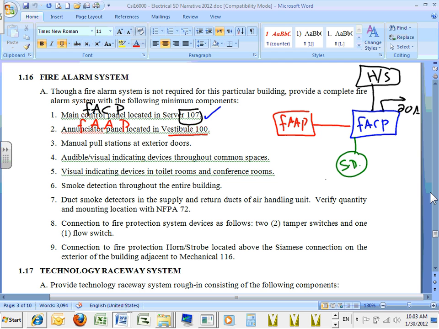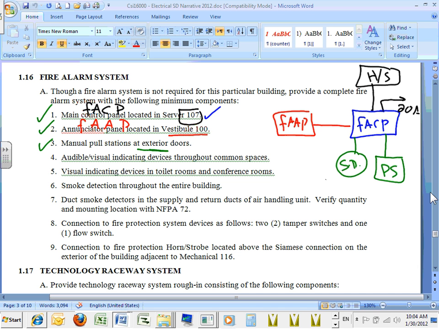I have a pull station at exterior doors. I need you guys to go and grab a pull station at exterior doors. Everybody can see where the pull station at exterior doors is, right? What is a pull station? You were all in high school, and I don't know if anybody can admit pulling it when you have a final, right? A pull station is, you see there's a fire in one location, and before you exit, you go to the closest pull station, usually at exterior doors, and you pull that switch, you activate the fire alarm